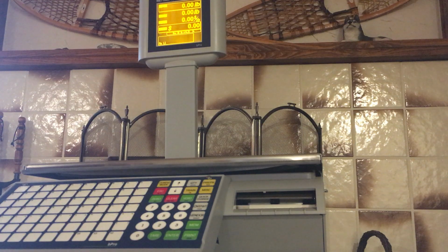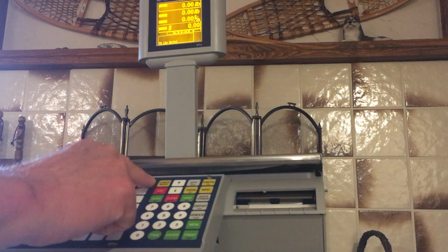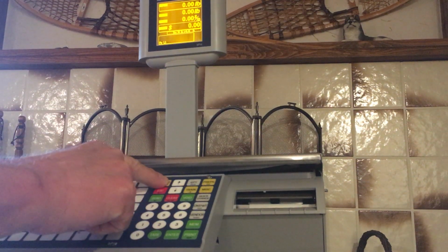Today I would like to do a brief demonstration of how to program the Mettler Toledo bPro directly on the scale. We'll be programming PLUs today. To do that, you start from the main screen, you hit the config mode button here, that's this yellow